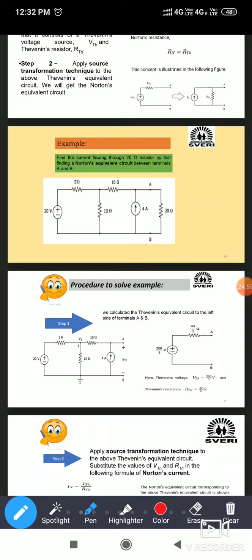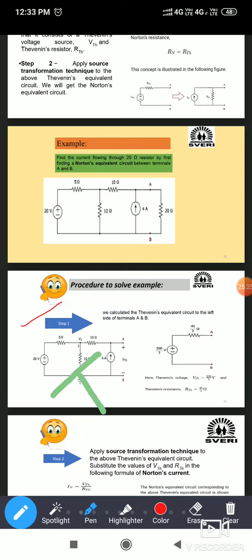Method 3 means Thevenin's theorem. Okay. Now here first of all I will teach you the third method. That is, we already solved this problem with the Thevenin's theorem yesterday. So first of all, I will follow the method 3 and then I will tell you method 1. Okay. So what will be in method 3? Find out Thevenin's equivalent circuit according to Thevenin's theorem steps.